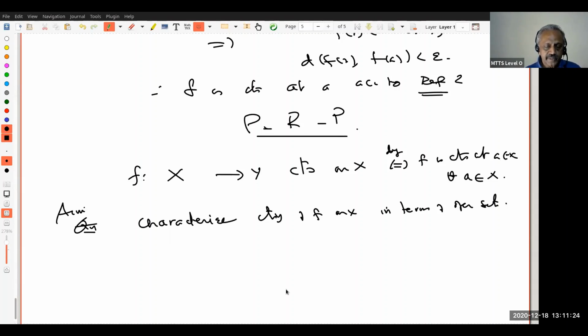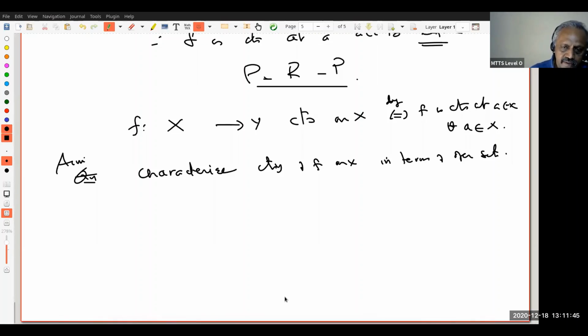We do not know what it means. We just have to explore. Do you understand this? Right. Usually these kinds of things are not done in detail. They immediately jump to continuity on all of X, but it's important to understand continuity at a point and the equivalent conditions. That's what we have done.